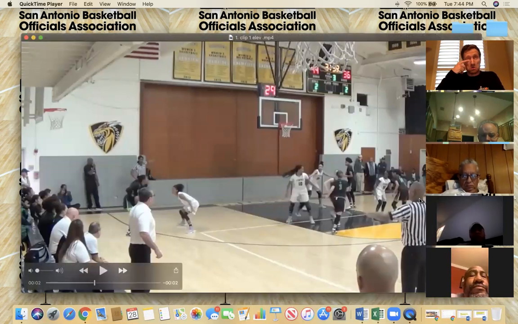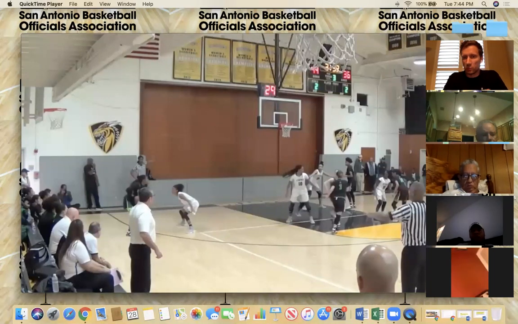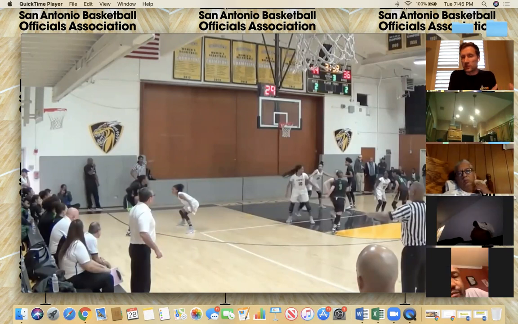We talked about screening. Positioning was number 1. Got to be in great position. So obviously trail can't help. Lead's not helping. So center's all by themselves. Center is in great position to know this. Understanding the rules of screening. So the rules of screening, we just went over them. So understanding that this is an elevator screen, we've got to have time and distance, which they don't. So that's number 2. And then number 3 would be anticipating the play, which they do. They anticipate it and they get the play right.